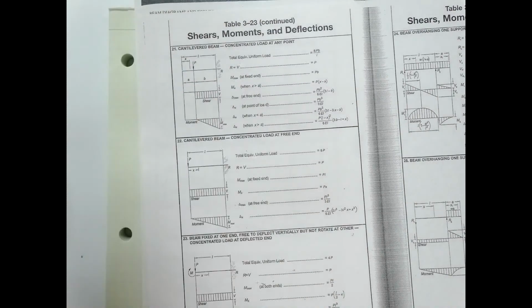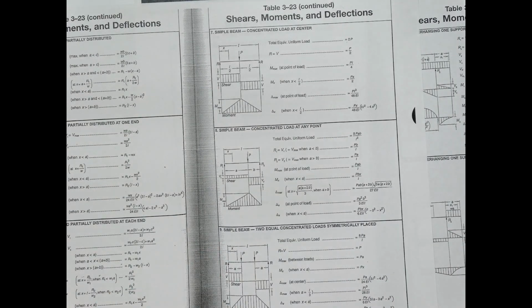This problem is what happens if you have some point load somewhere on the beam. I don't care where. It tells me what the shear is and what the moment is. This one's a cantilever, and I have to find a simply supported beam. What am I doing, Kevin? Simple beam, there we go. Okay, simple beam: concentrated load at the center, concentrated load at any point. If I take the distributed load plus that concentrated load, I just add the